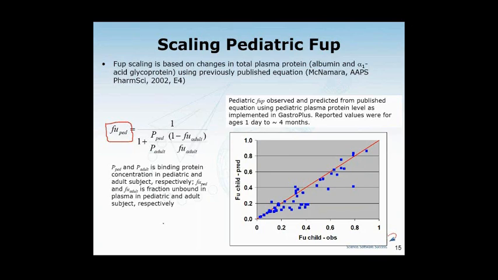And have you taken into account the fact that, for example, in newborns, there is in a lot of cases elevated bilirubin, which can also cause competition for protein binding? Let's say the protein concentrations at that point won't be as informative as without bilirubin. Yes, that is a good point. The effect of bilirubin and possible competition for binding is not accounted for in this equation. One of the main reasons was that it would be more specific to certain drugs, and we just did not have the kind of data to validate it yet.